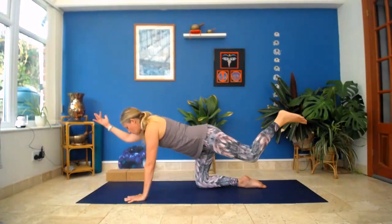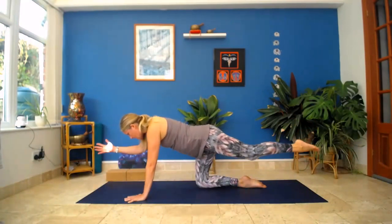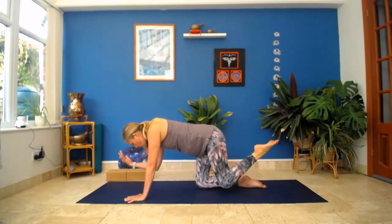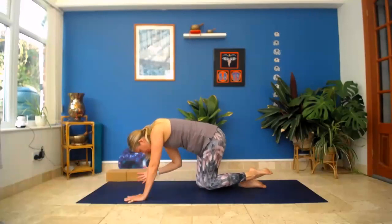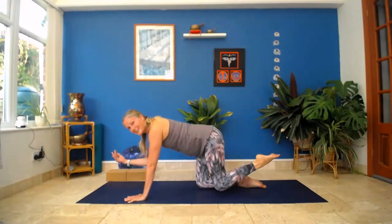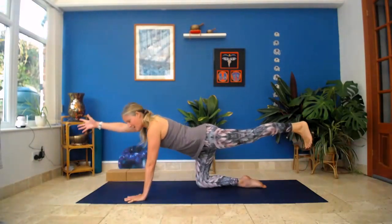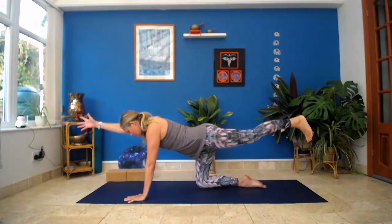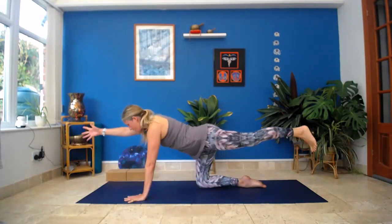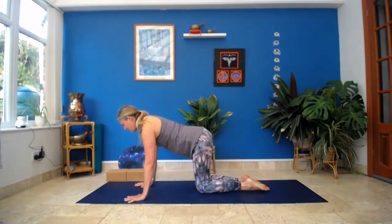Next exhale, draw elbow in towards knee, nice and controlled, rounding spine, dropping head to chest. Reaching out, flexing the foot, turning the toes down, slow and controlled. And even the slow and controlled postures sometimes can be quite a challenge. Finding the breath, exhaling in, inhaling, reaching out. So your wrist is in line with your shoulder is in line with your hip is in line with your heel. Last time, stretch it away, pushing away from the left palm, right foot, and come back down into tabletop